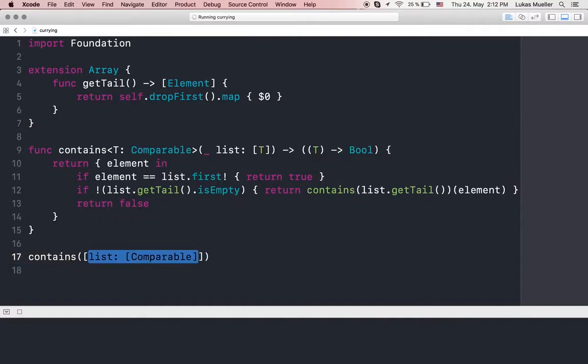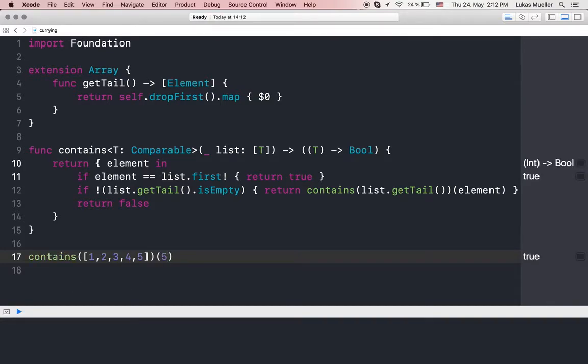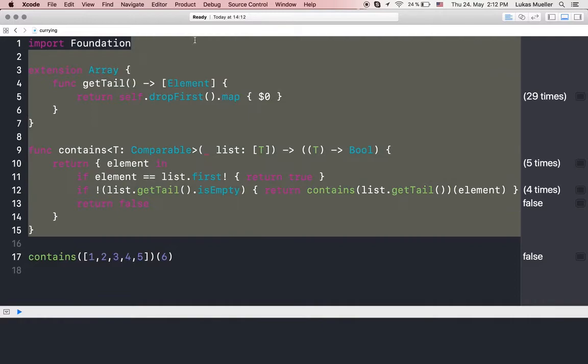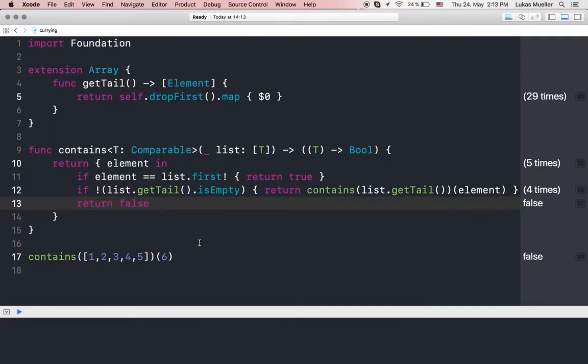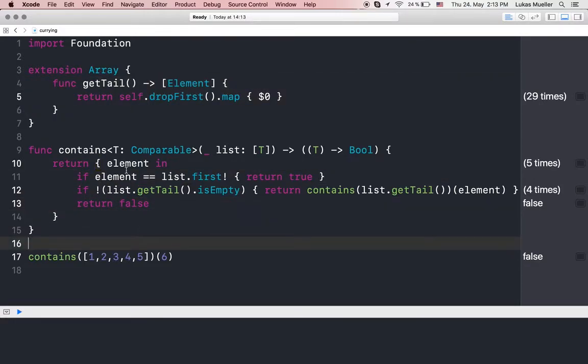Now we can check if it works. So we say contains, that, and we can say 1. That should say true. You see it's not very performant. True. 5. Let's say 0. And 6. Let's see if that works. Yes. So there you go. That worked fine. We have our contains method, or well, function in this case. That's a method. That's not. So we have our function contains, and we declared it